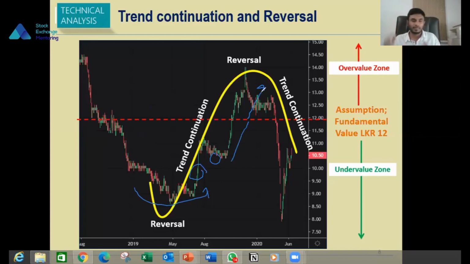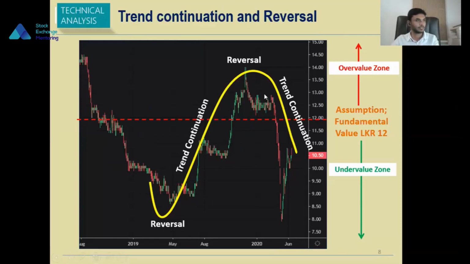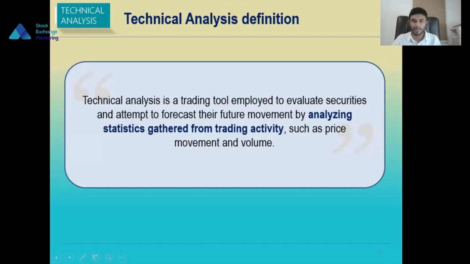So you see these opportunities, and how to identify these points in addition to the fundamental analysis. With the fundamental analysis idea in the back of your mind, you can take that extra benefit to time the market and exit at better positions, which is how technical analysis will be useful. So with that in mind, with that introduction, we will now go through the basics of technical analysis.